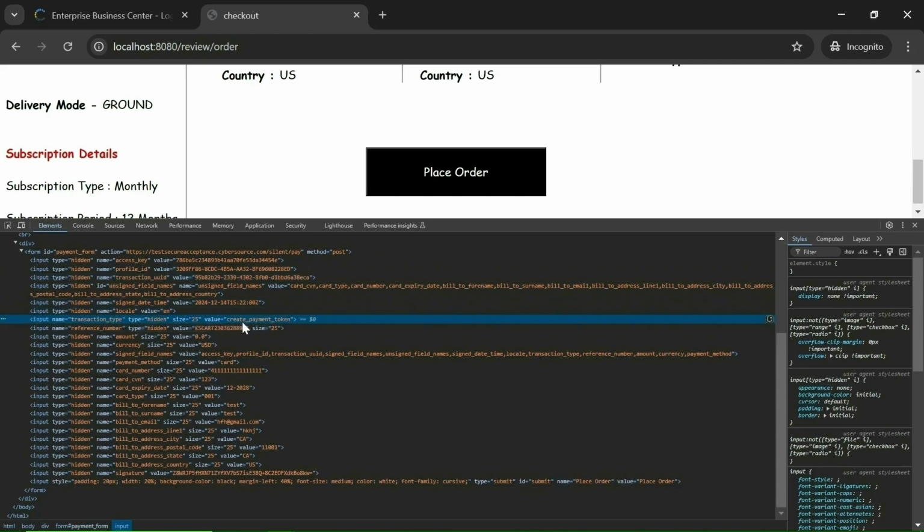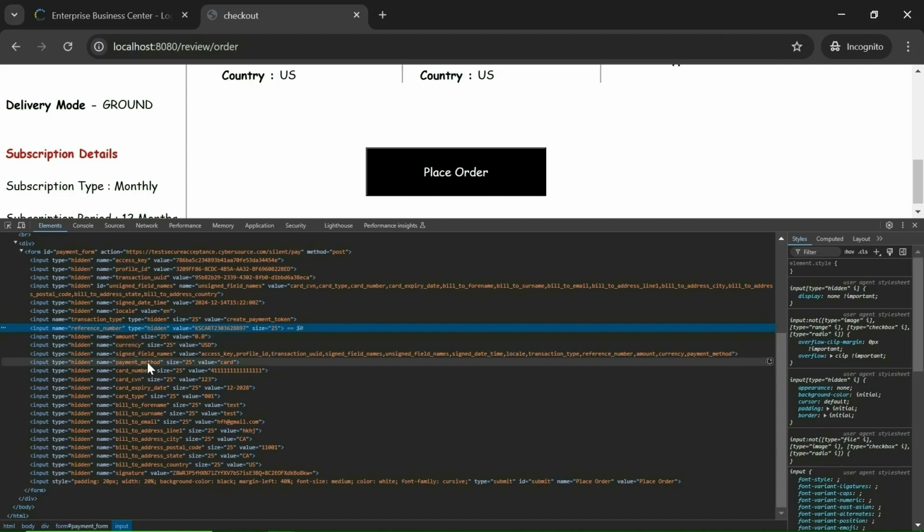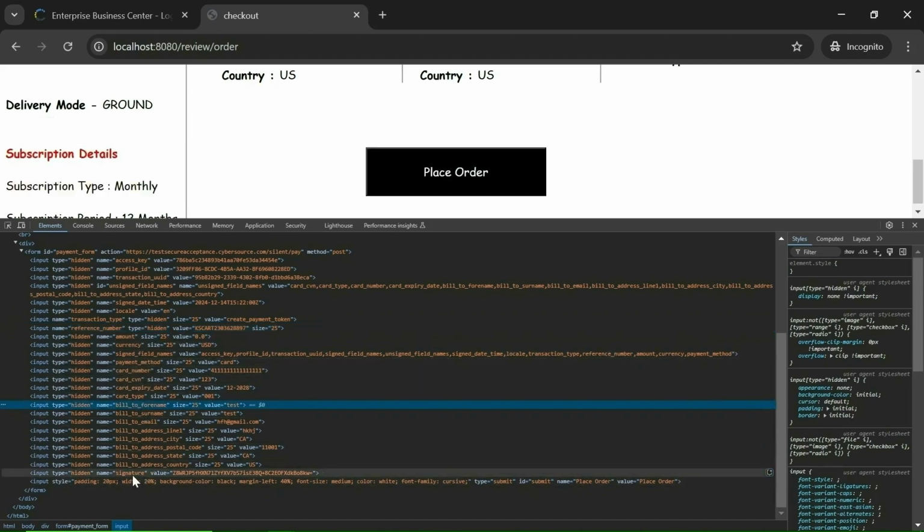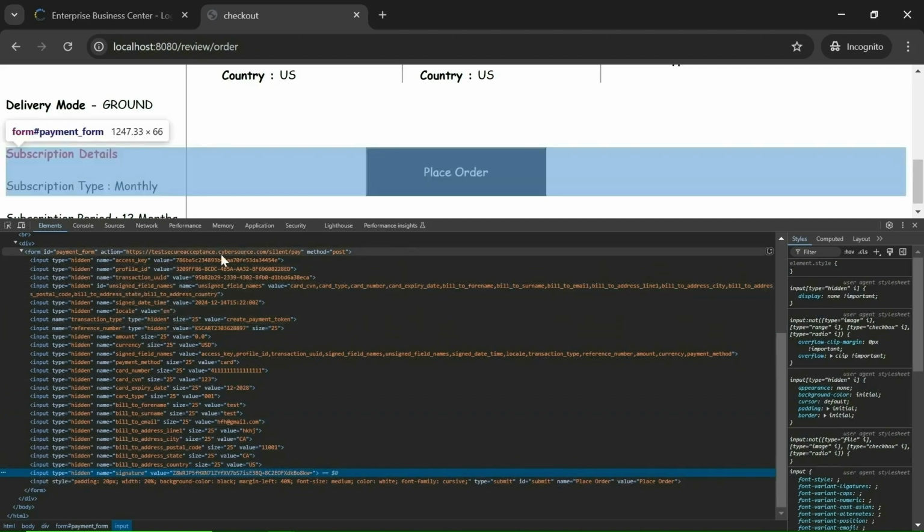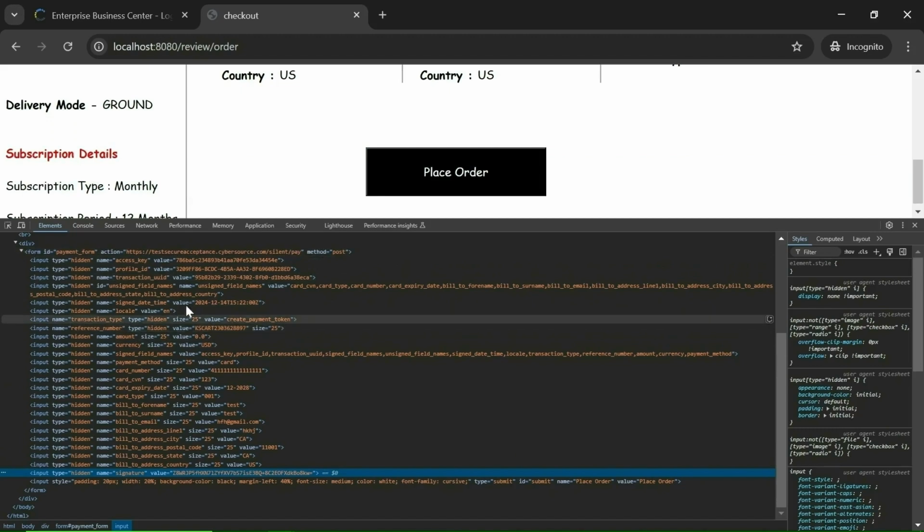So here it is create_payment_token, because we want to create the payment token. Reference number, this would be a unique number. I have given the card number here, amount, currency, payment method, card details, then the billing address and the signature. So all these details we are submitting to CyberSource to create the payment token.